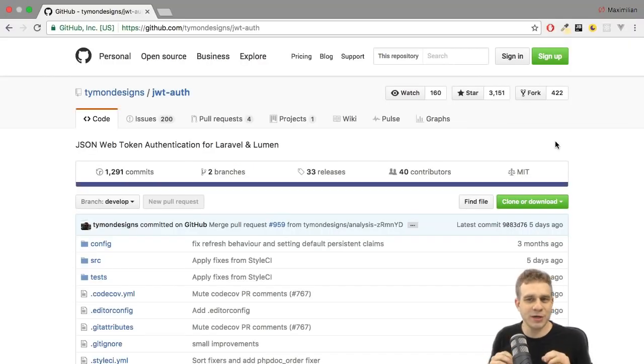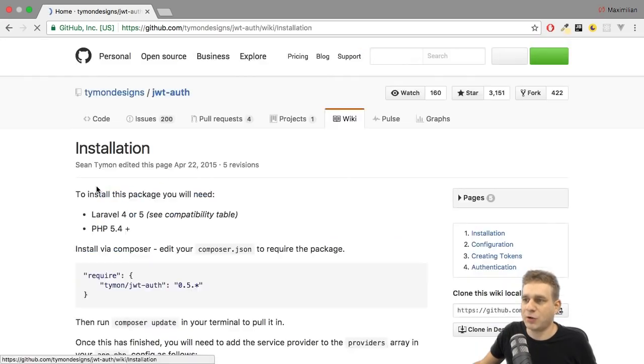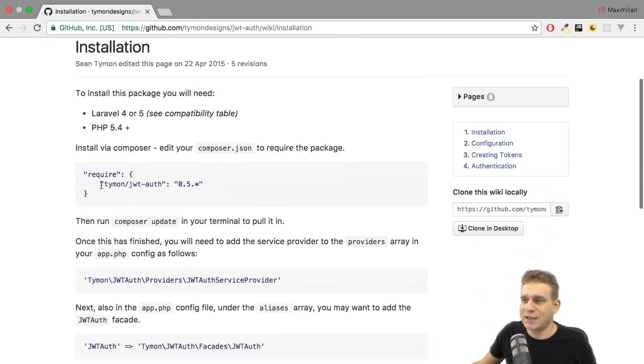Now, creating such a token is not super simple, but there are packages which do it for us. For example, JWT auth by Tymon Designs. You can simply Google for Laravel JWT auth or just JWT and you will find this GitHub repository. There you will also find a link to the wiki which explains how to install it. So let's check this. It tells us that we should grab this code here, this version number, and go back